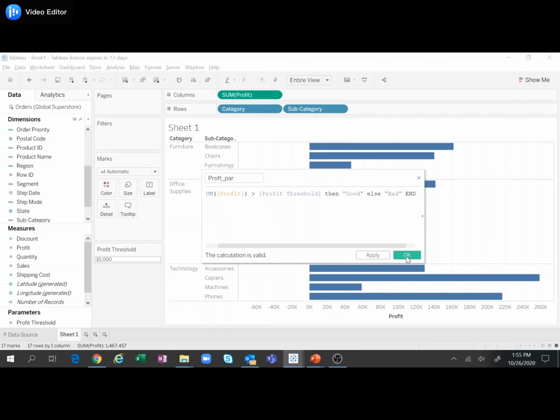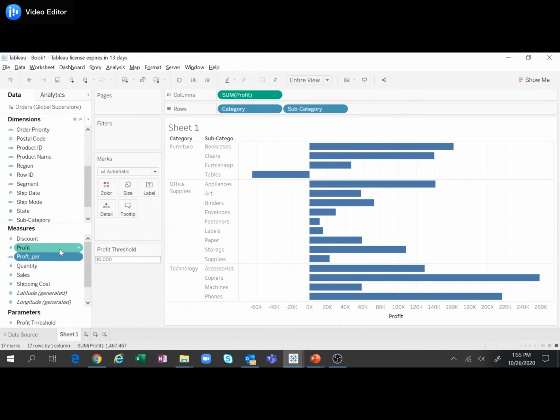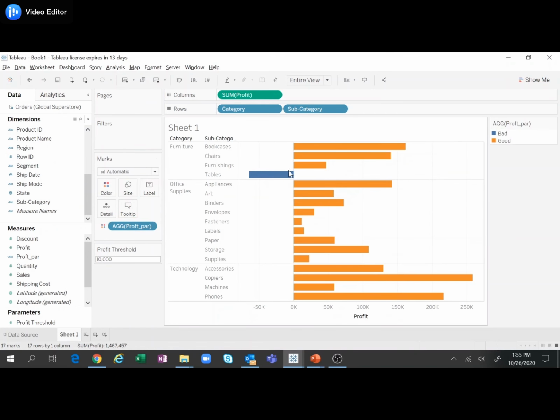Now if I drag this field to colors, you can see the chart is able to distinguish between a profitable and a not profitable product quite easily. Since the profit threshold is 10,000, it has classified tables as bad because the profit for tables is minus 64,000.